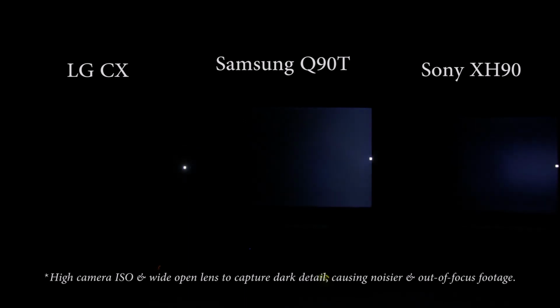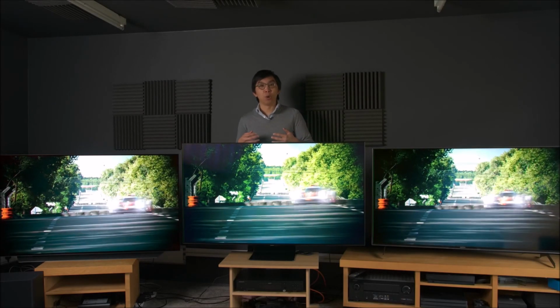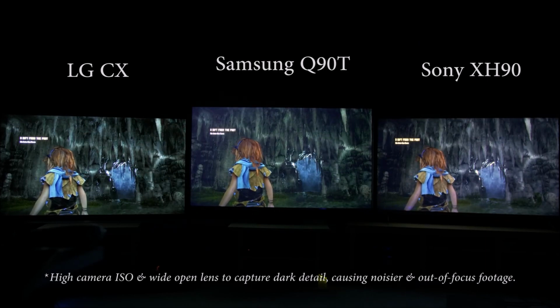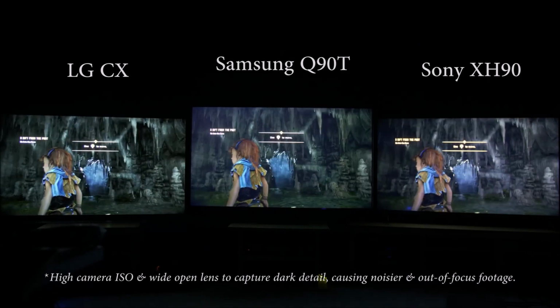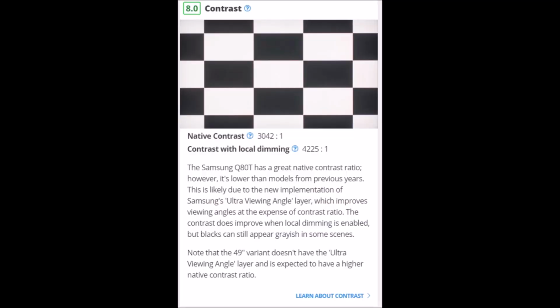This suggests that a lot had to be sacrificed to obtain the lowest input lag. Actual gameplay followed the same trend, with the Samsung Q90T appearing a bit more washed out in dark scenes than the Sony X900H. Look, the amount of local dimming zones